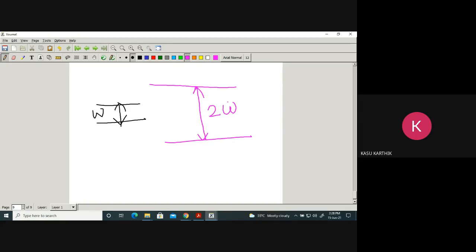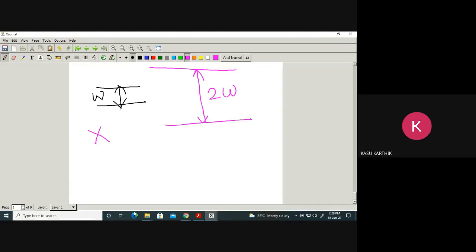So why is it so? It is not at all good. It is not desirable. To transmit a signal of bandwidth omega, you need a channel of bandwidth 2 omega. So that is not at all good, not desirable at all. So if you observe the spectrum,